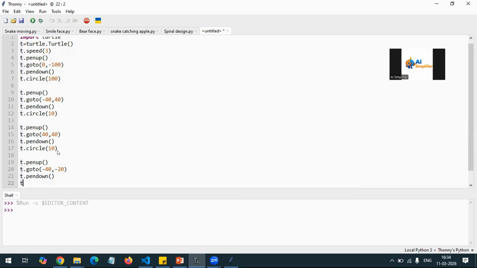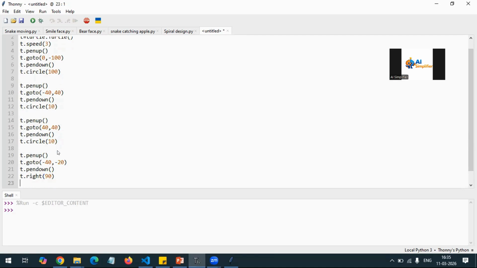And now how will you draw the smiley face? For that, there is a command, that is right and then 90. What is the meaning of this? This right 90 basically turns your turtle 90 degrees to the right.